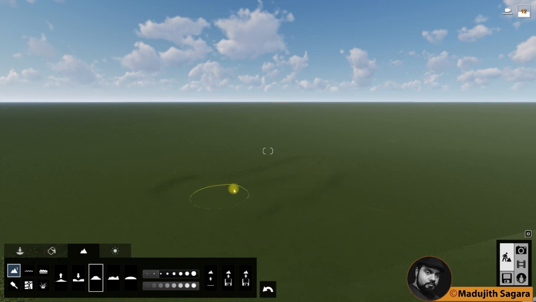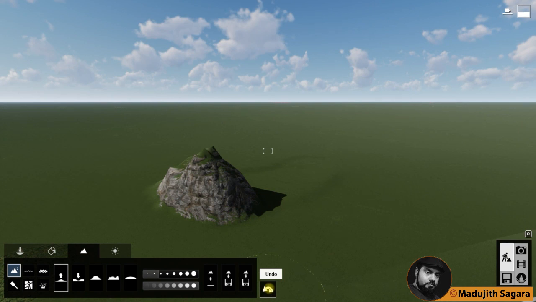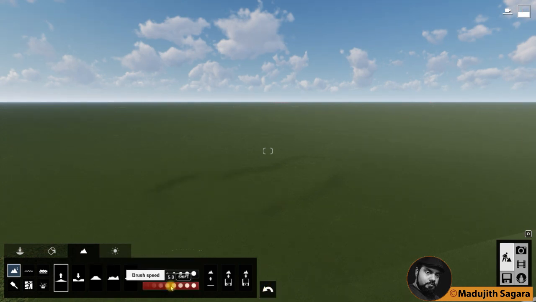now you are having some heights here. You can select this rise option to make some hills. You can see it is preparing very rapidly. If you don't like it, you can undo it, no matter. I will slow down my brush speed, then I will do it again.